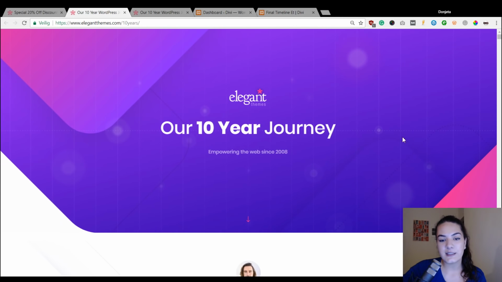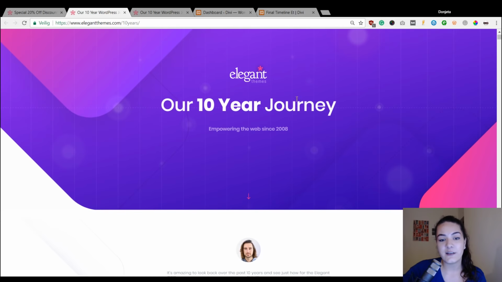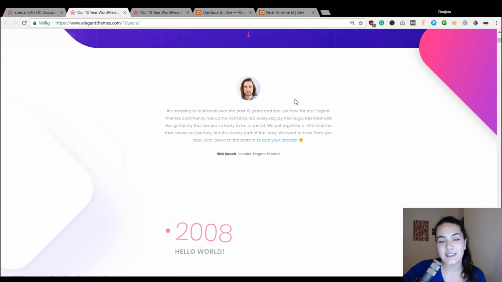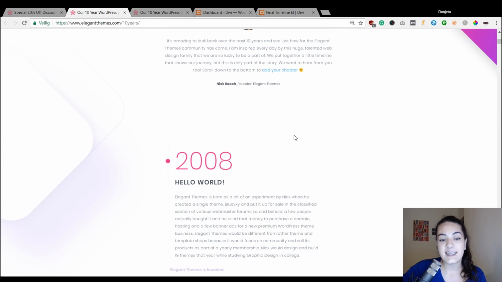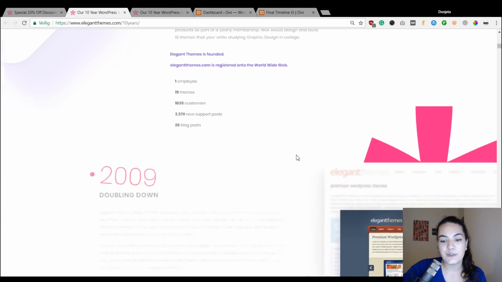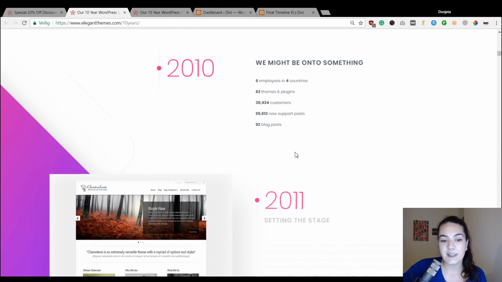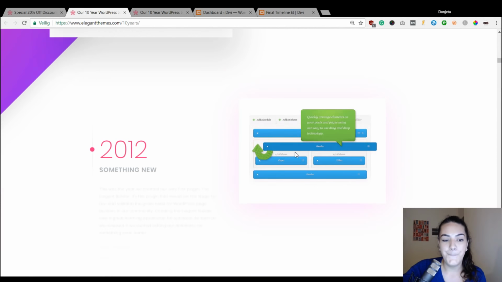And on this page, Elegant Themes has shared their journey using this layout. That is a timeline. It goes from 2008. It tells the entire story of Elegant Themes, and it goes up to 2018. And if you scroll down,